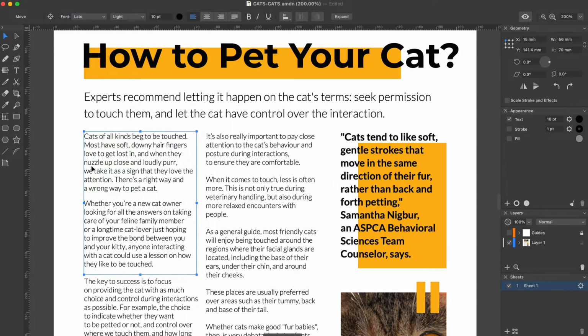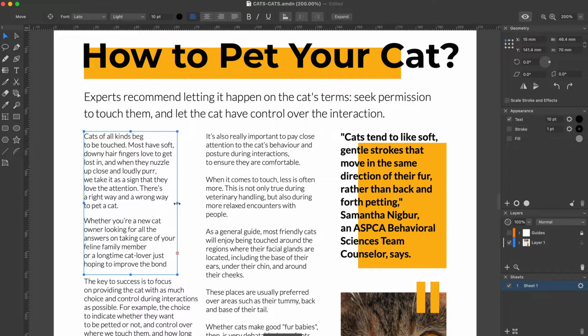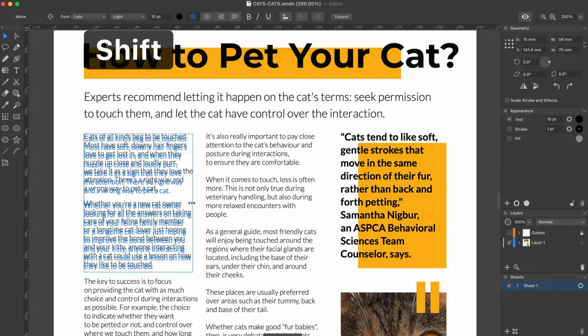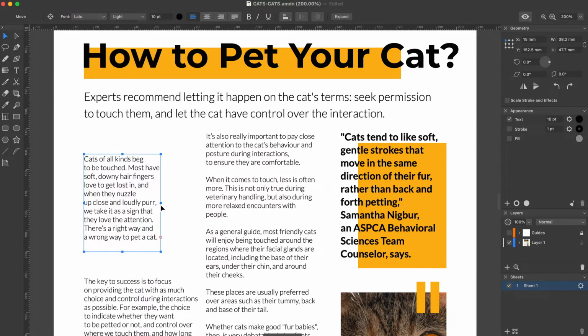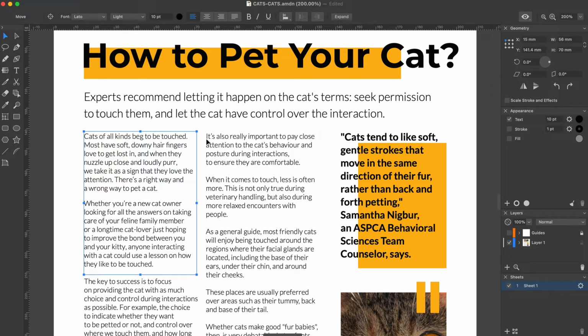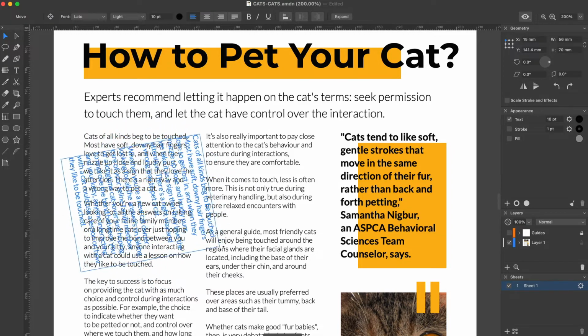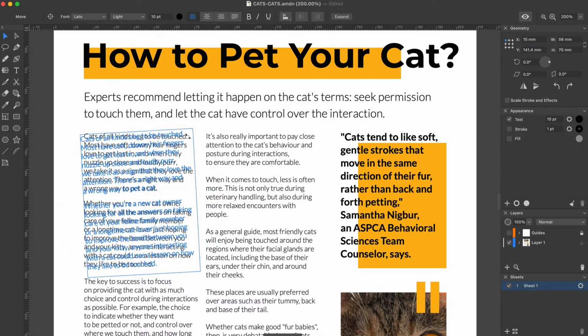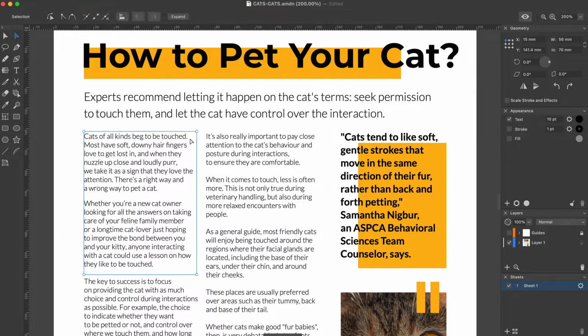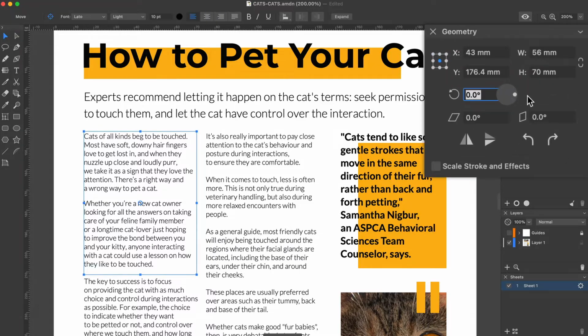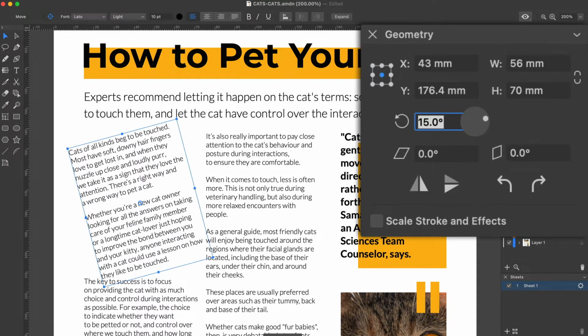With the Move tool, you can relocate the text box or drag its handles to resize it. To keep the aspect ratio, hold down the Shift key. If you hover near the corner handle, the icon of the tool will change to the rotation mode. Then you can rotate the text box. To set the size, location, or angle with higher precision, you can enter numeric values in the Geometry panel.